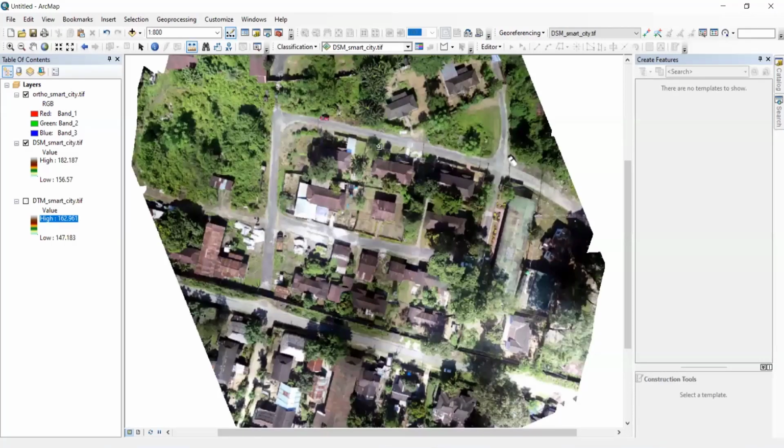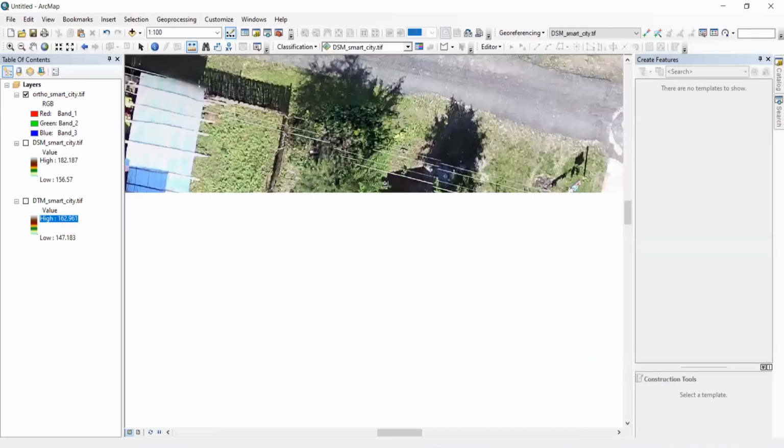If you zoom in and look at the resolution of this image at pixel level, it comes to 1.4 or 1.5 centimeter, because, as I previously told, if you fly the drone at a 60 meter altitude, we will get 1.4 centimeter per pixel. So accordingly we got that resolution.